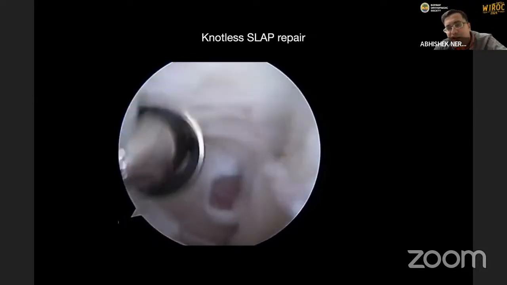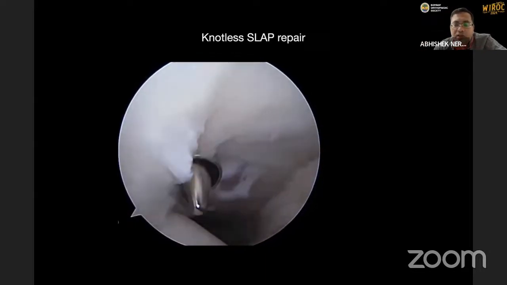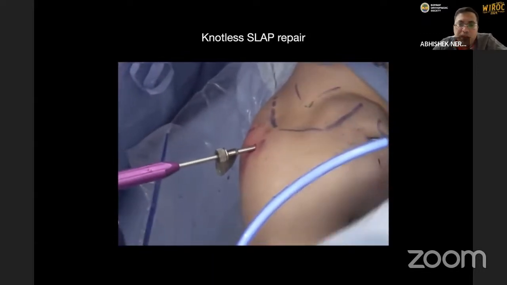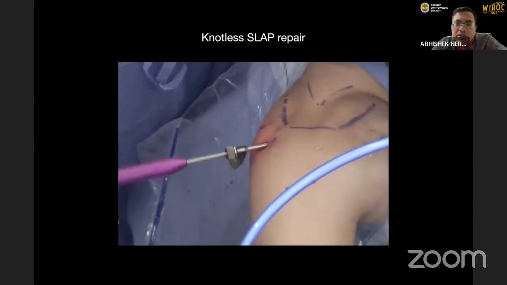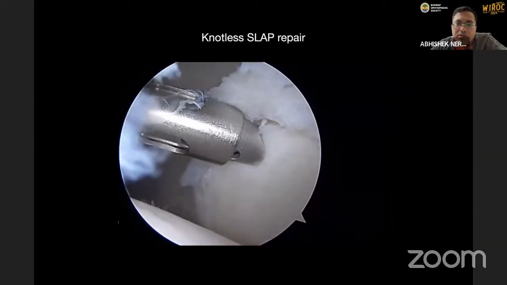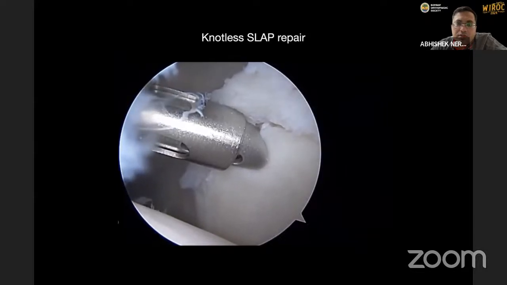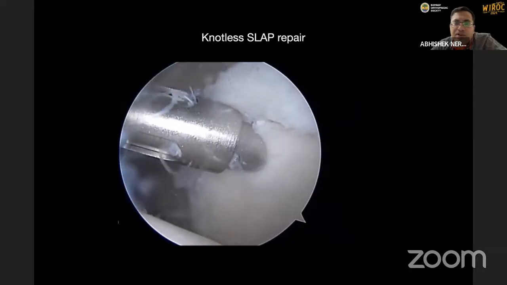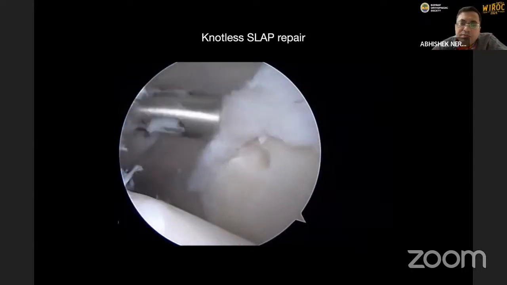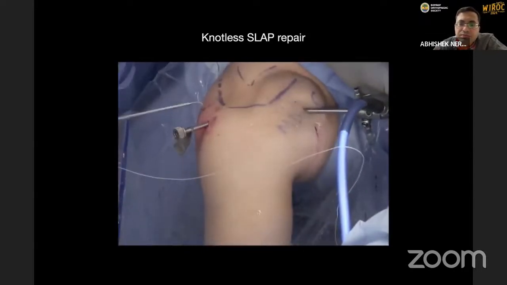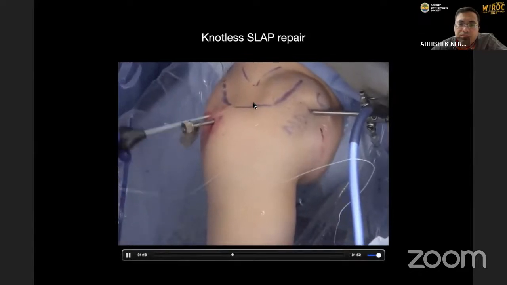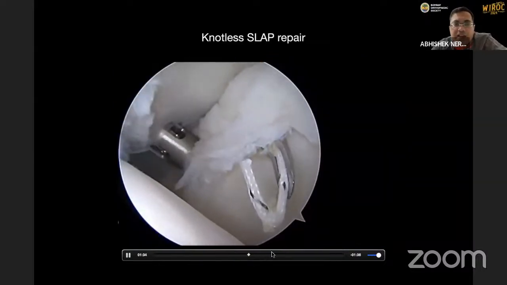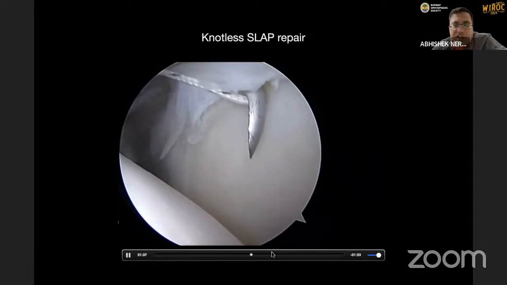And there are multiple ways with which you can do the bites. Again, mainly it's with the lasso from top to bottom, or you can use a bird beak. So here the pilot hole is done, so that you are not drilling after the bites are taken. Let me just fast forward this. Okay, so the bite is taken, and then in this particular scenario, you can use a mattress kind of